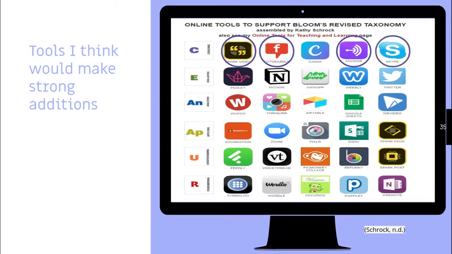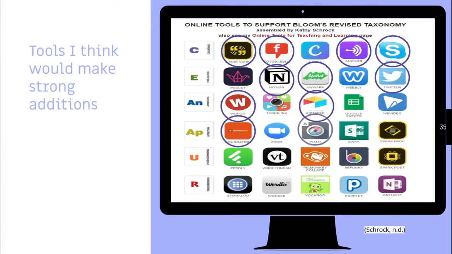Skype, especially. There's a mystery Skype out there that I've always wanted to try. And there are some other apps I talked about earlier that I'd love to get my students involved in, like Twitter, but I haven't taken that leap. Some of these I haven't heard of, so I'm excited to go research them and see what they're about.